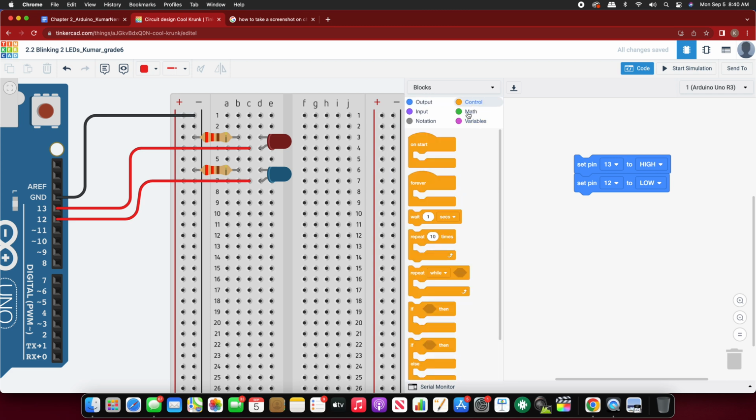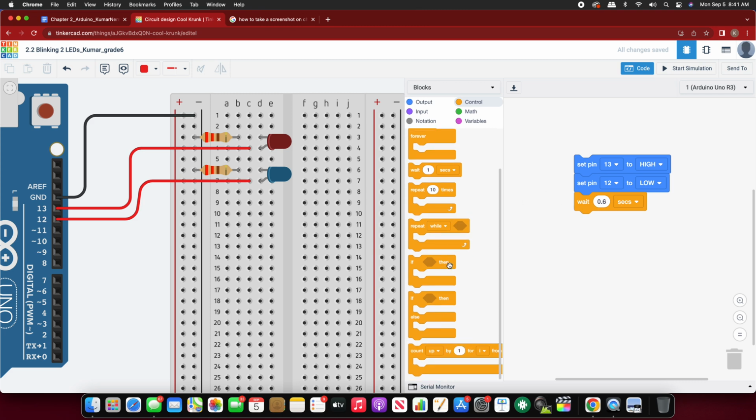And we are going to control wait for 0.6 seconds. Okay, that means the LED on 13, the LED that is connected to pin 13, is on for 0.6 seconds, and 12 is connected to blue, which is off, and this process is going to wait for 0.6 seconds. Once that is done,